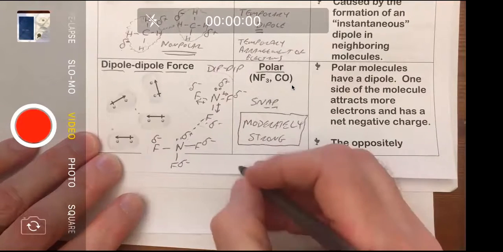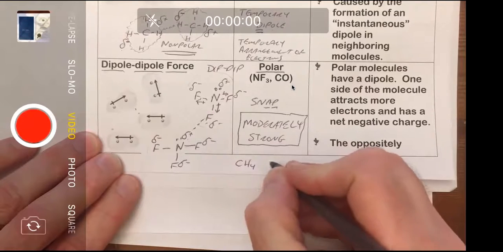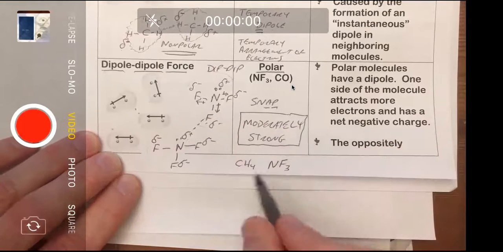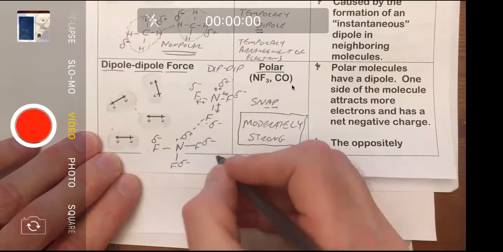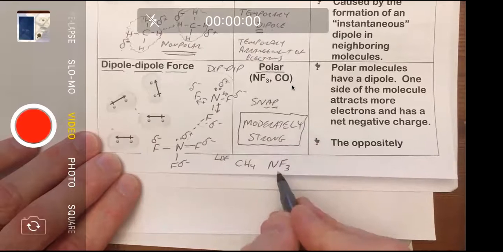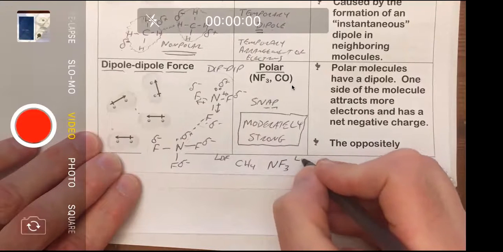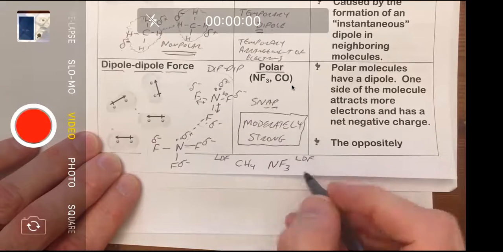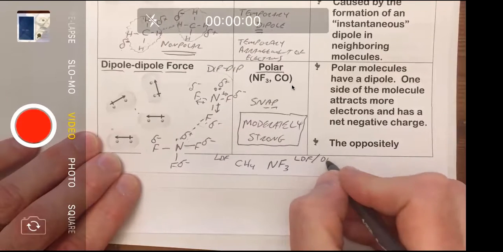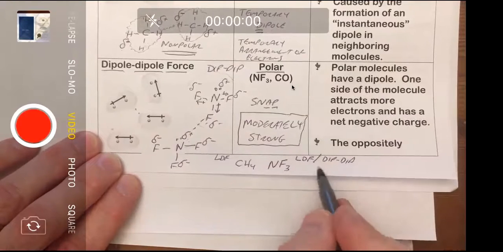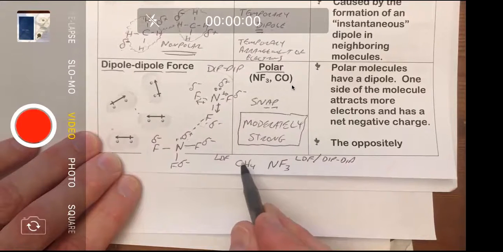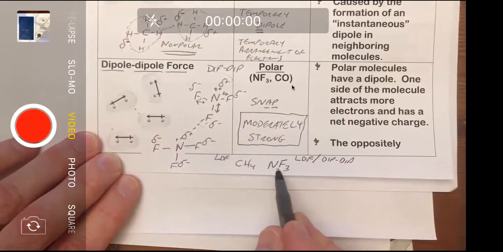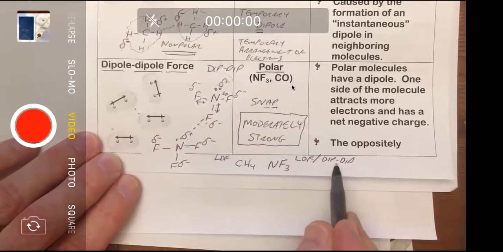which means that if I had to compare like a CH4 and NF3, I'd look at the CH4 and say, oh, dude, that's wimpy. That is non-polar. It only has LDFs. This one, NF3, is going to have LDFs because, yeah, it has electrons. But more importantly, it's going to have dipole-dipole forces. And because dipole-dipole forces are stronger than LDFs, if I had to say which one of these is going to hold on to its neighbors more strongly, NF3 holds on to its neighbors more strongly